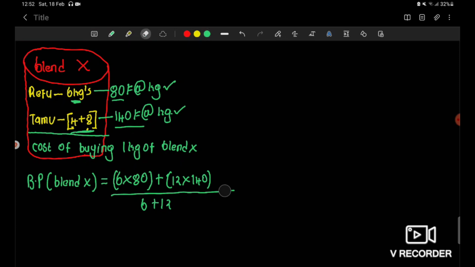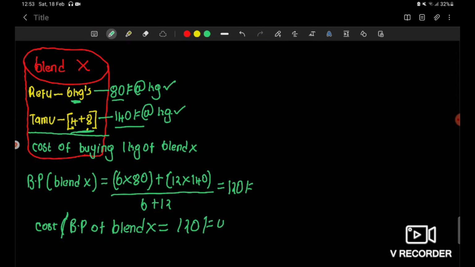Once you do this, what answer will you get? You can pause the video and maybe do it. You will get 120 shillings. So the cost or buying price of blend X is equal to